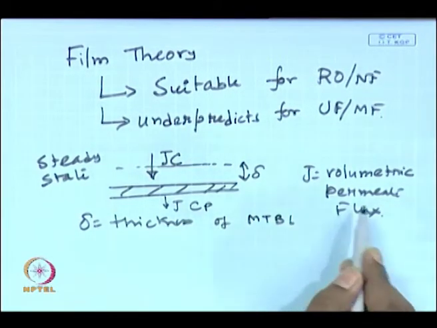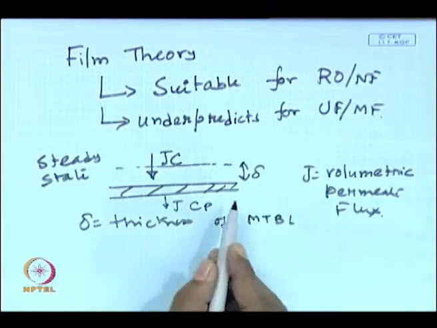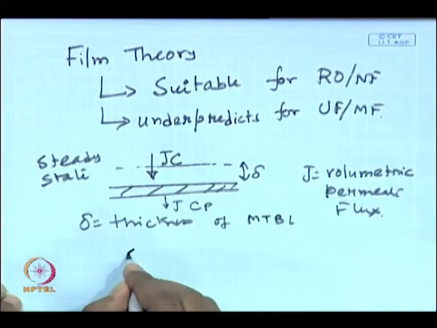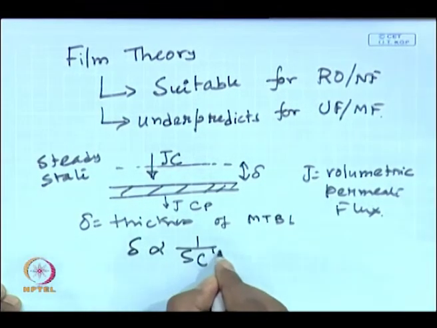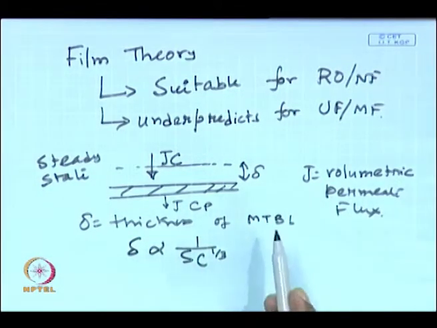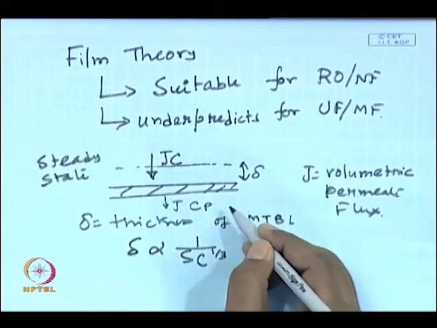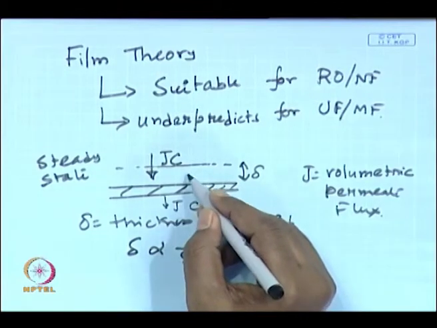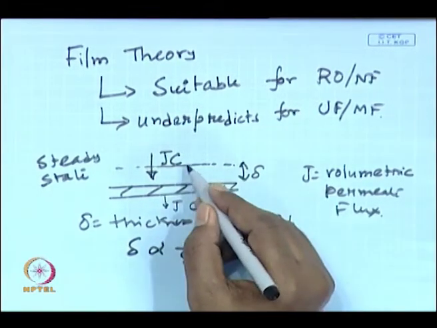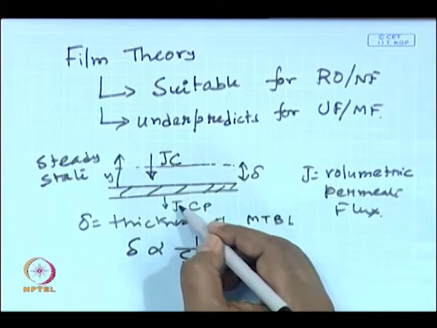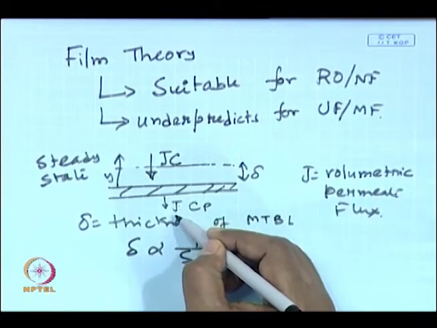Now, J is the volumetric permeate flux, and we are assuming that the thickness of the mass transfer boundary layer will be extremely small. If you remember from transport phenomena, delta is inversely proportional to the Schmidt number to the power 1/3. For these cases we are talking about a high Schmidt number, 10 to the power 5. So the thickness of the mass transfer boundary layer will be extremely small. So we can safely assume that the velocity field within the mass transfer boundary layer in the transverse direction, that means in the y direction, will be more or less the same, but with opposite sign compared to the permeation velocity in the permeate side.